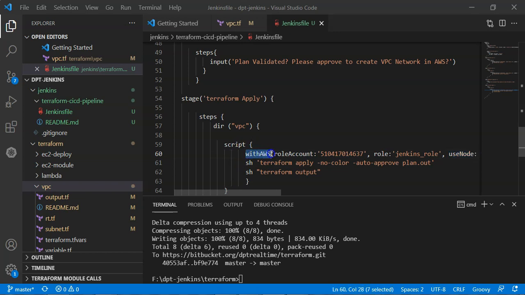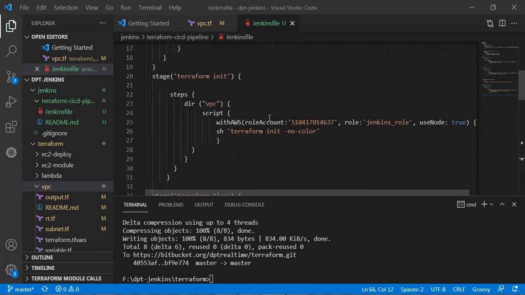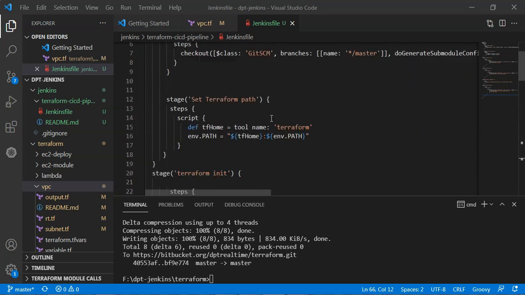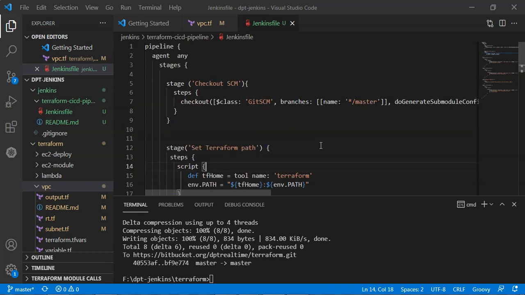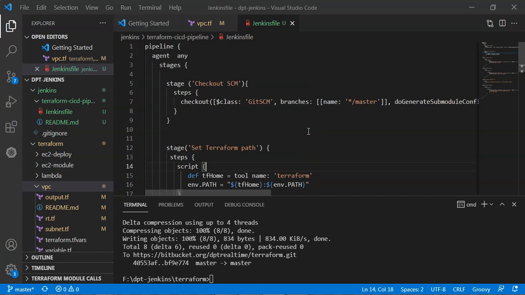To use the withAWS function, we need to install the required plugins in Jenkins. With respect to the Terraform binary, we are using the Terraform plugin to set up the Terraform binary and update the Terraform installation path in the environment variable to run the Terraform commands. That means to deploy the Terraform project using a Jenkins CI/CD pipeline, we should have a plan of which plugins we need to have, which tools we need to configure, and which credentials we need to supply during the